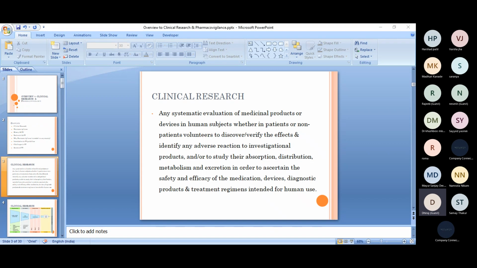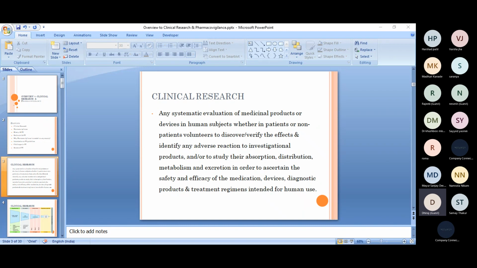And this phase will take around 1 or 2 years. And post successful completion of the preclinical study data, hardly 5 compounds are found safe and effective as per the safety and efficacy studies, and they are enrolled into the clinical trials. So this is the IND,